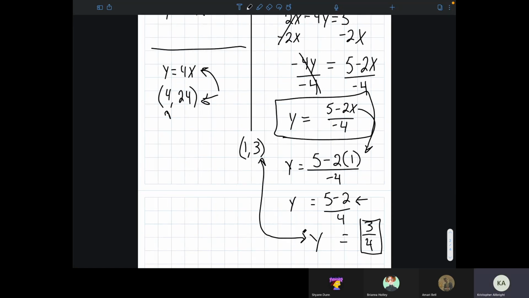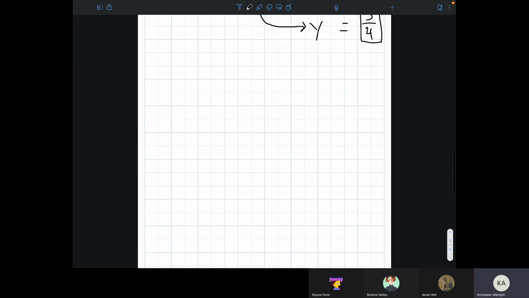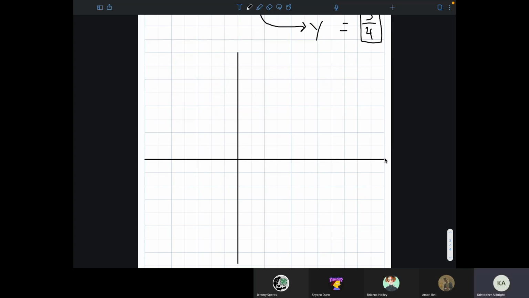Okay, so let's move on to slope. Slope is when you have a graph, the slope generally tells you how far up and down and left and right that the points will be. So it tells you how the line will look. So if we have a line that looks like this,